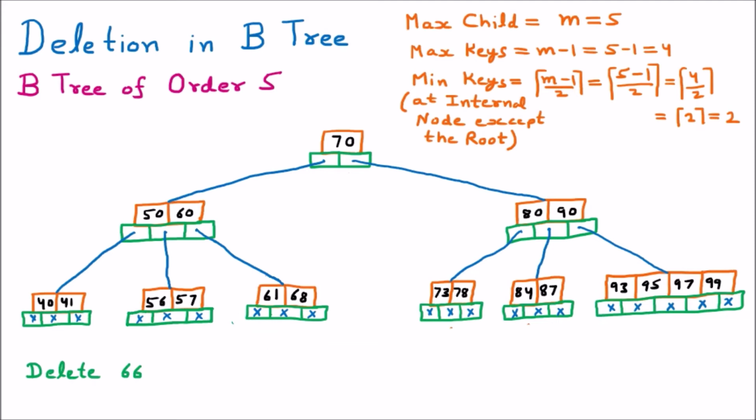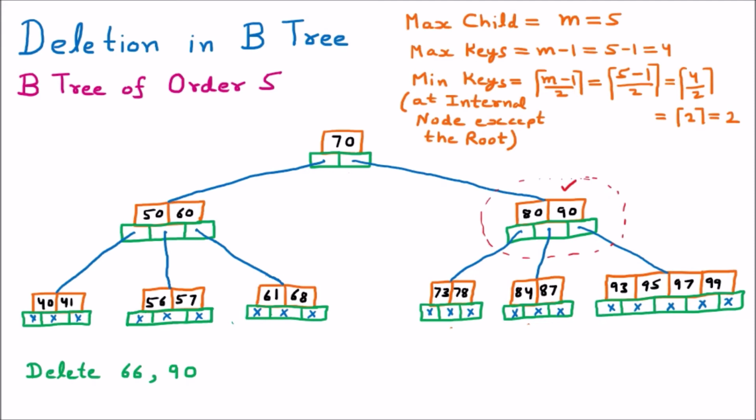Now let us suppose that we are going to delete the element 90. So from this tree we are going to delete the 90. First of all we have to find where the 90 is present. Now we have to see that in this particular area we have the 90 element, and we can see that 90 is placed here, which we want to delete.